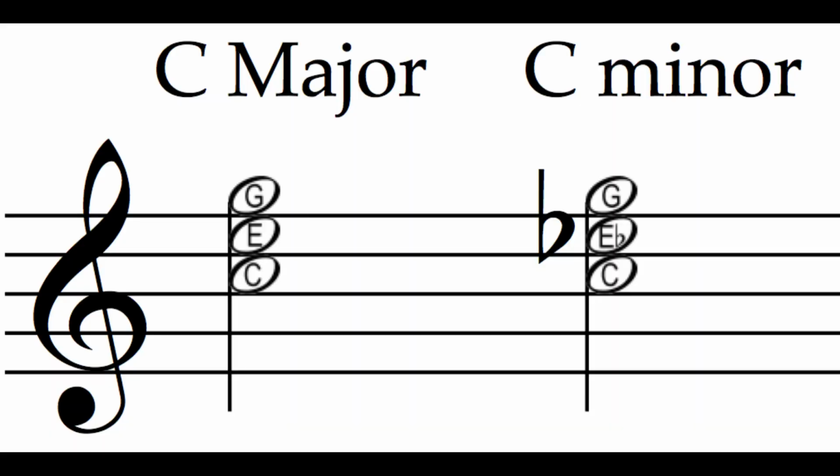Let's take a look at the differences between major and minor chords a little bit more closely. We see that a C major triad, or a collection of three notes, shares the root C and the fifth G with the C minor triad. The C and G spell out a perfect fifth interval, which is the harmonic scaffold for Western classical music. The third of the chord, either an E natural or an E flat, only differs by half a step, or the smallest interval in an equally tempered 12-tone system of music.